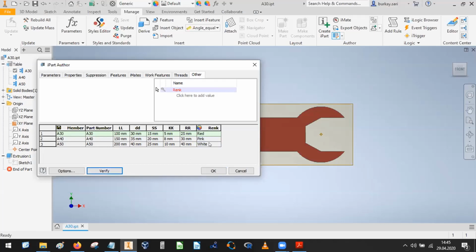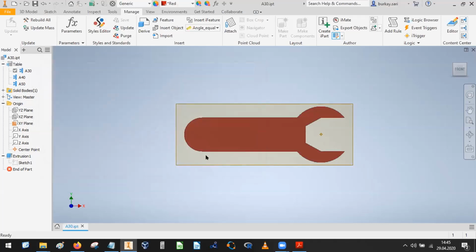If you have a problem in this column, the color here, you cannot verify that one. For example, like this. Or you cannot get the color as you wish. Okay? When you change the property or the appearance here,